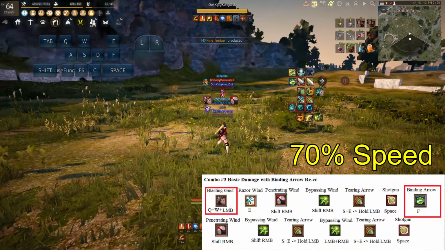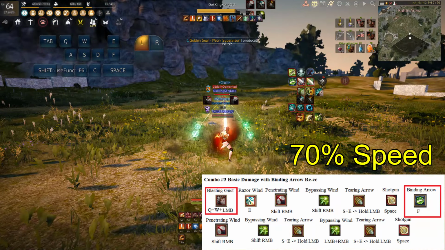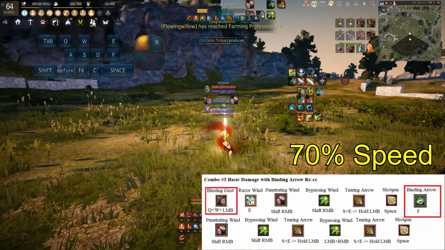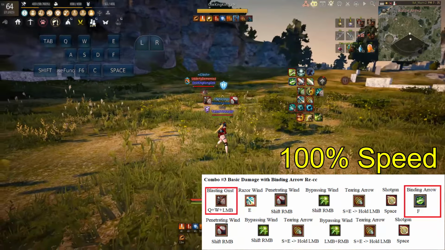Combo 3 is similar to Combo 2, except now we have Binding Arrow instead of Penetrating Wind as a re-CC. I personally find Binding Arrow to flow really well after Shotgun, and you can easily go into Penetrating Wind and Bypassing Wind again afterwards. You might notice that Blasting Gust and Penetrating Wind are both knockdowns and at the front,